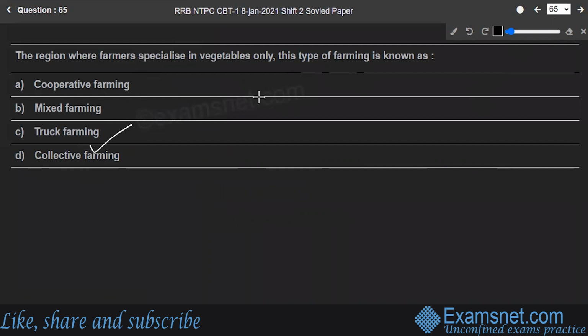In the regions where farmers specialize in vegetables only, the distance of truck farms from the market is governed by the distance that a truck can cover overnight, hence its particular name, truck farming. Vegetable farms in some regions are known as truck farms. Truck is a noun whose more common meaning overshadows its historically separate use as a term for vegetables grown for the market. It is the production of some vegetable crops on an extensive scale in regions specifically suited to their culture,